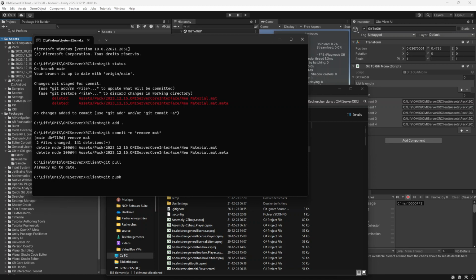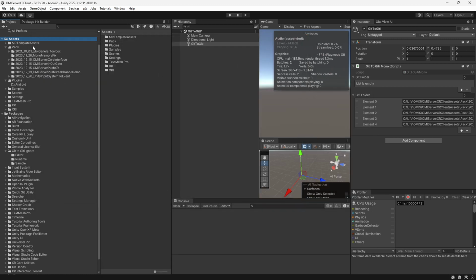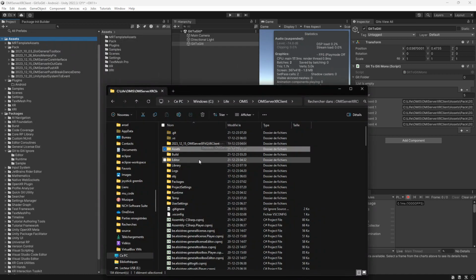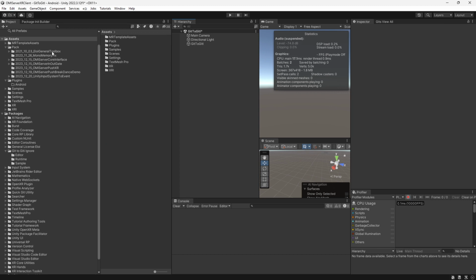So you can see that I'm managing the Git as if there is no Git in the project, but there is. And what happened to be able to do that is that in your Git ignore, you just need to add this that's saying I'm ignoring all the folders that are .git, and like that you can skip from I want to have a Git, I don't want to have a Git in the project. It's really useful. It's hard to explain like this, but it's a workflow that allows you to work really fast